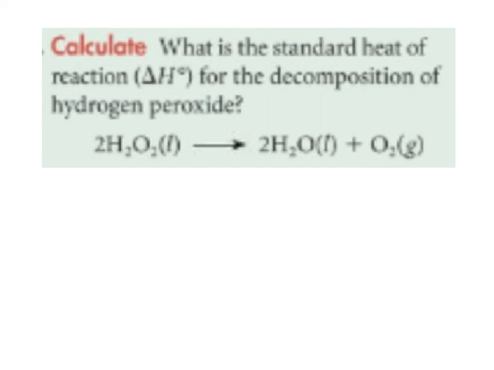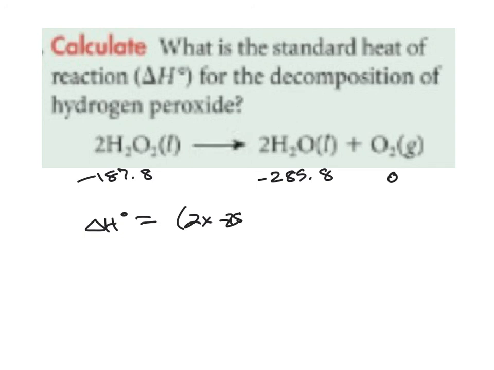So hydrogen peroxide has a heat of formation of negative 187.8. Liquid water has a heat of formation of negative 285.8. And oxygen is an element in its standard form, so that's just 0. So the sum of all of the products, the enthalpy change for this is 2 times negative 285.8, and then minus the reactants, so the products minus reactants, and there are 2